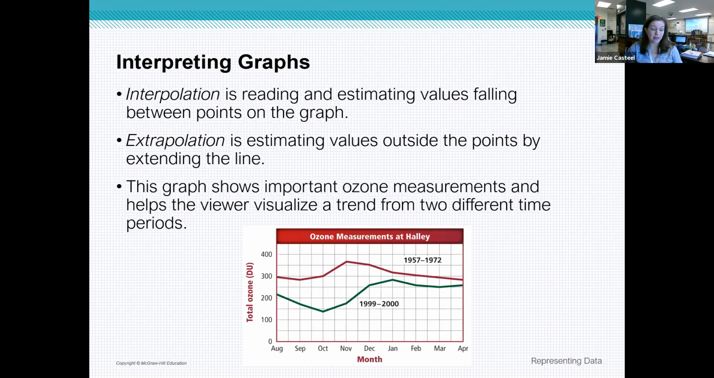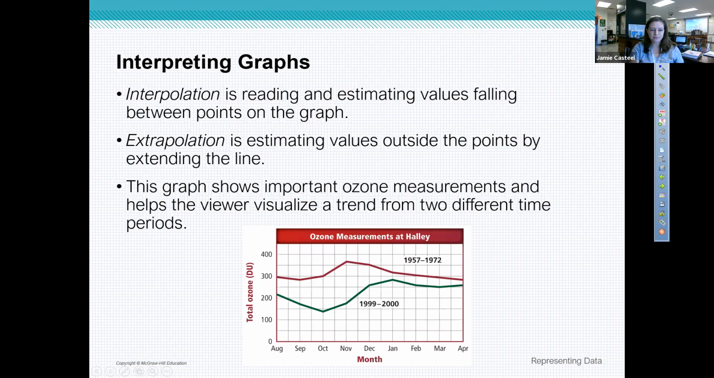interpolation and extrapolation are huge on the ACT. They're going to give you a set of data, like in a table or in a graph, or could be a bar chart or bar graph. I don't know how that would work, but we'll figure it out. And they're going to ask you to interpolate. When you interpolate